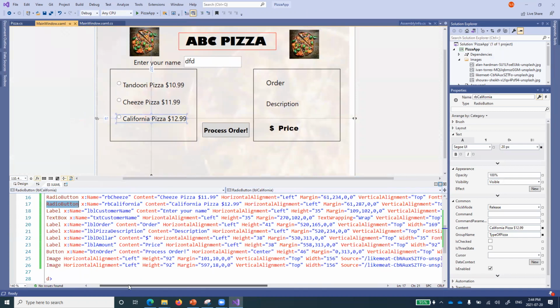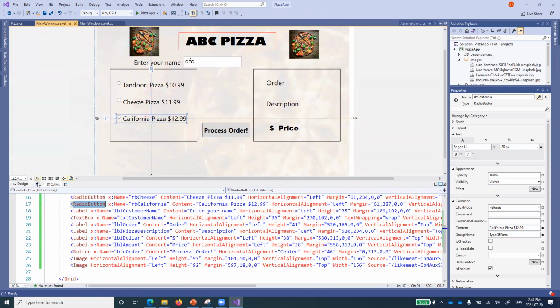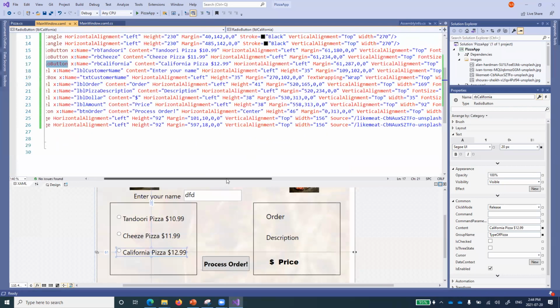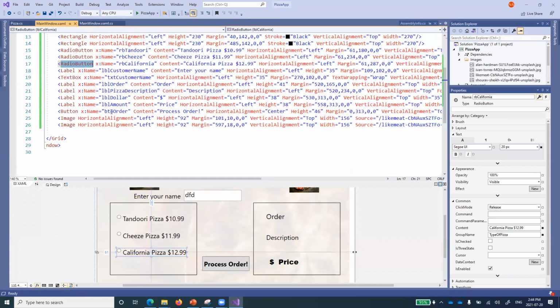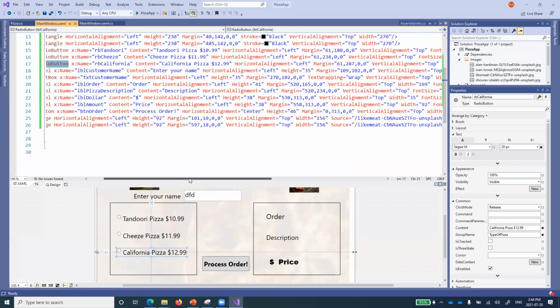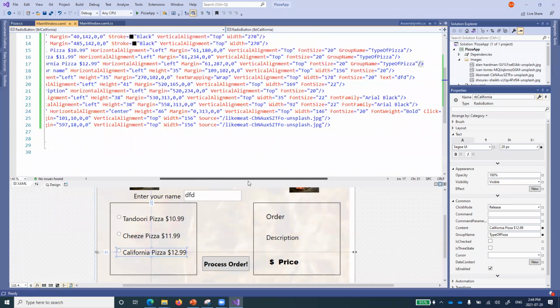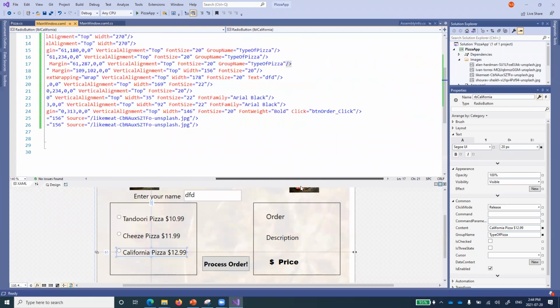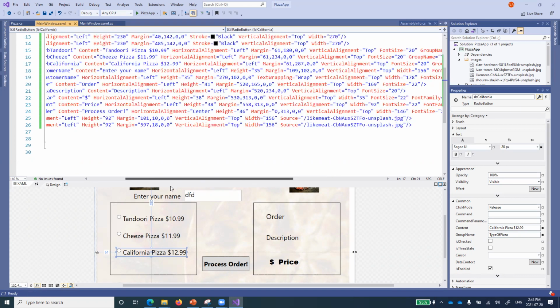So this is here. Let me just change this one. Now you can see this. This is button order, process order, horizontal alignment, vertical alignment, all those things, and font size and things like that, and button order underscore click. Right, Manpreet?